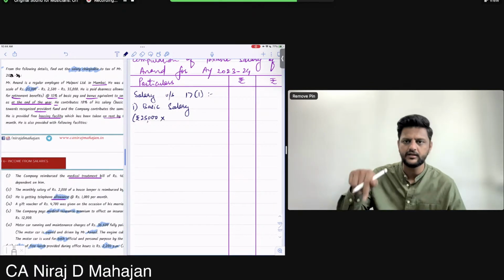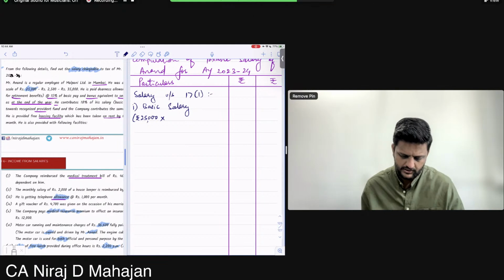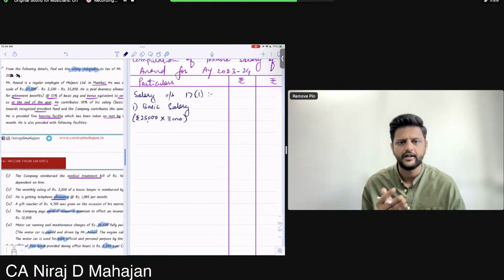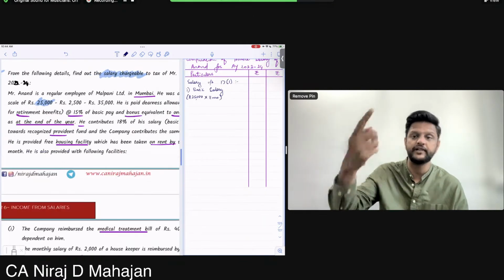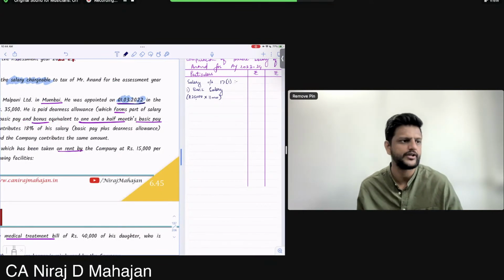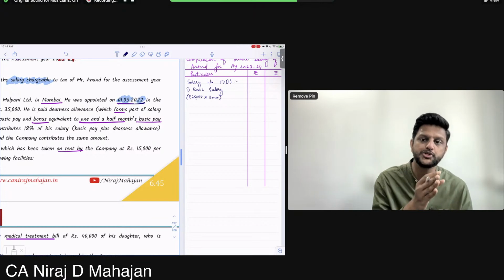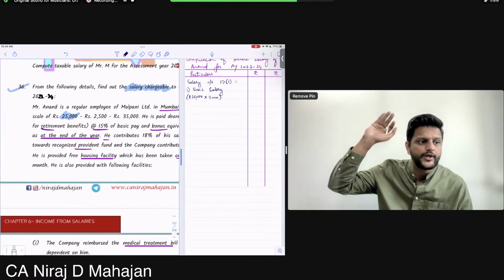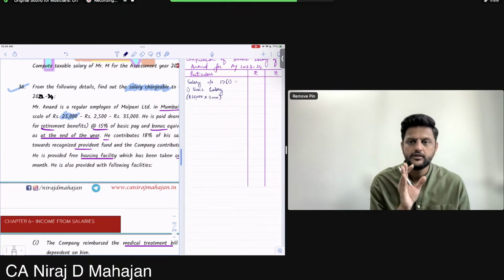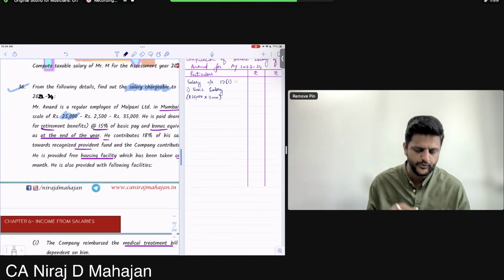So basically for how many months in the current year was the salary 25,000? 11 months. How? Till February. See, his salary as on 1st March 23 will increase, that is salary for the month of March. So till February, salary is constant at 25,000 rupees per month. March 22 is not in the current year, so from April 22 to February 23, 11 months, the salary is rupees 25,000.